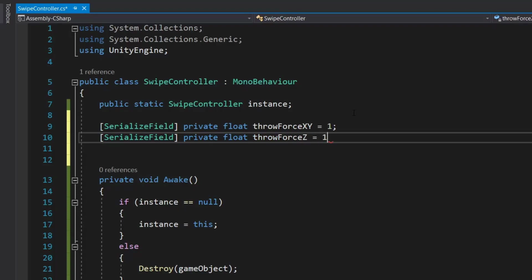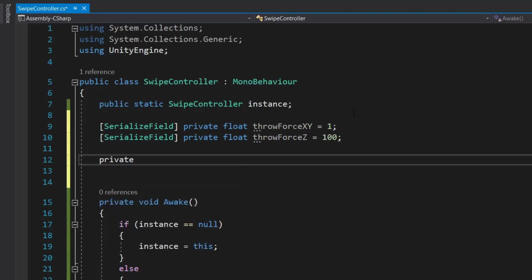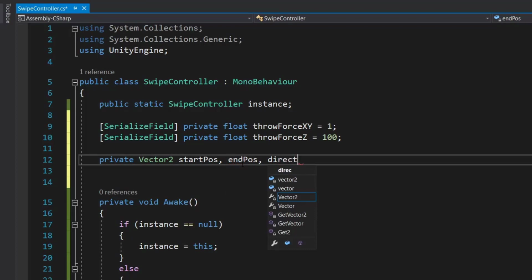Now to decide the direction in which we want to throw our ball as well as the amount of force with which we need to throw it, we need to create private Vector2 startPosition, endPosition and direction.